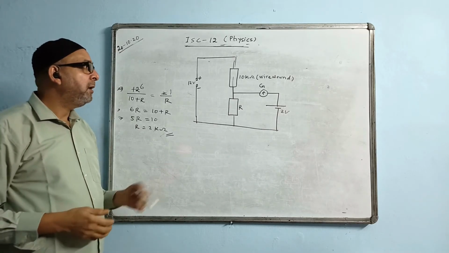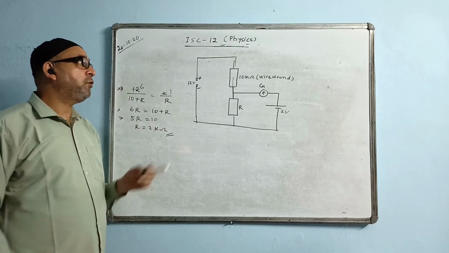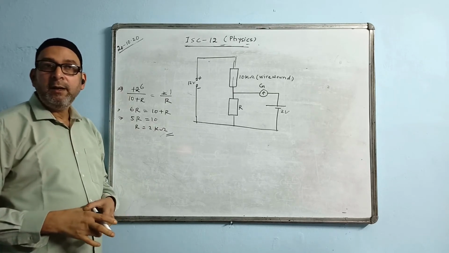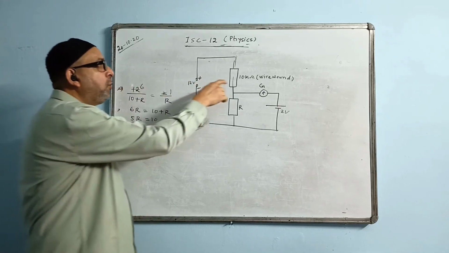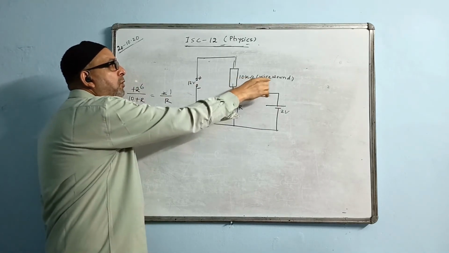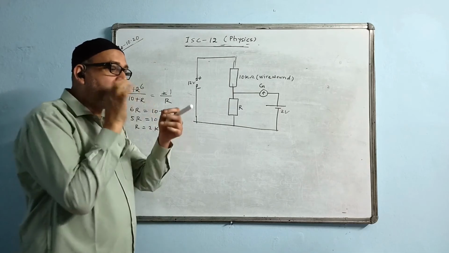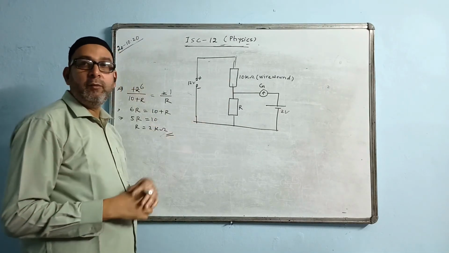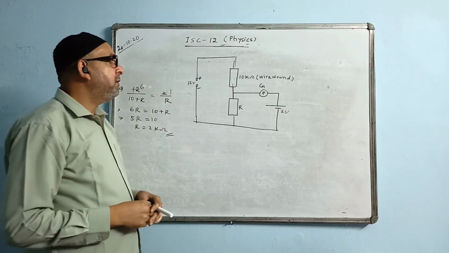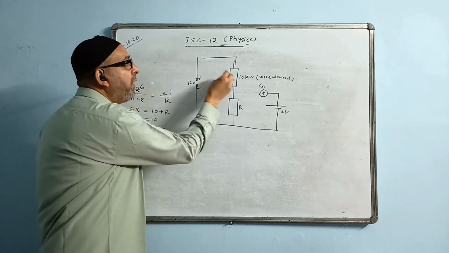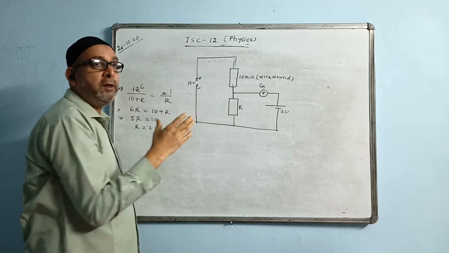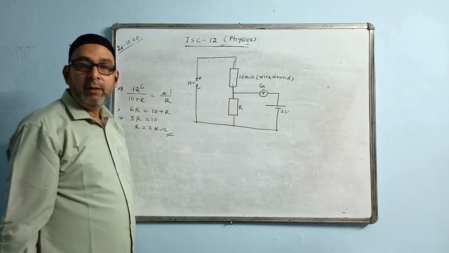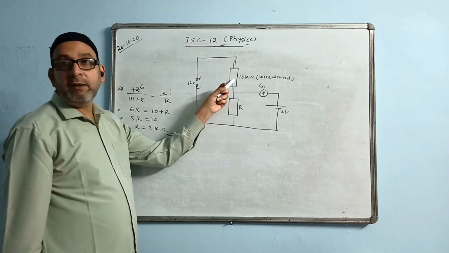This part is done. Then there is a second part also in the question. Second part of the question says, what will happen if we blow cool air across the wire wound resistor? If we blow cool air over here, what will happen now? The answer will be, when you blow cool air, that means temperature will decrease, it will be cooling, that means temperature will fall. So the resistance will also